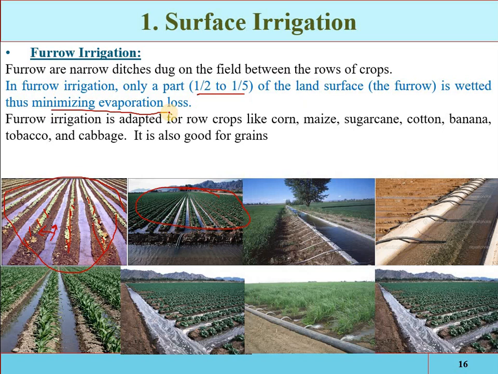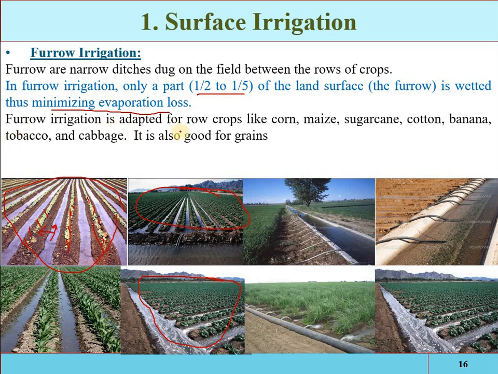So these are the different methods through which we can conserve water, which is a scarce resource, and the demand is increasing. So we have to go for the controlled irrigation system. If we install or design the furrow irrigation system, then the open surface of the water exposed to the atmosphere will be decreased by 50%, so the evaporation losses will be decreased.